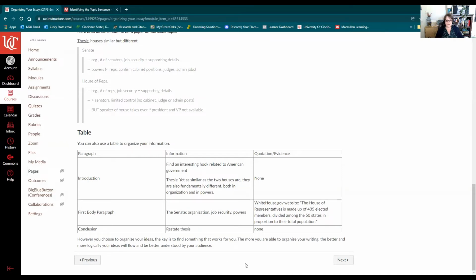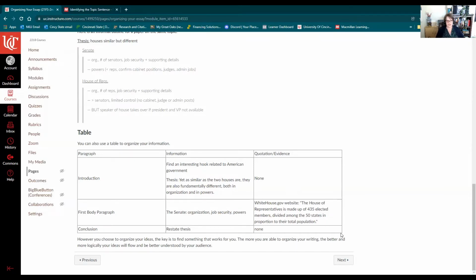Typically, the conclusion is restating the thesis. This was also in an argumentative essay. This is typically where we will have a call to action. You want to leave your readers with a burning desire to do something, right? You've changed their minds. You've persuaded them to think of your stance, your position in the argument, and they should feel motivated to want to do something, right? And again, you don't really need quotations or evidence in your conclusion because you are just summarizing what you've argued